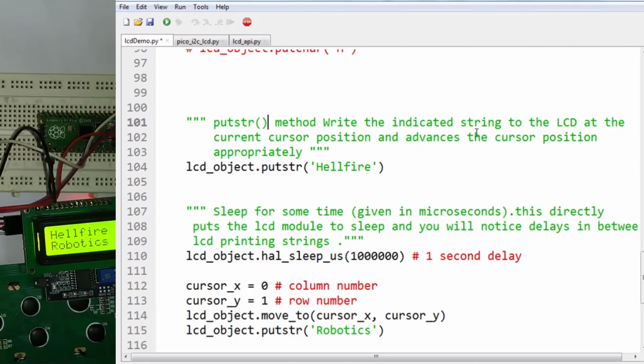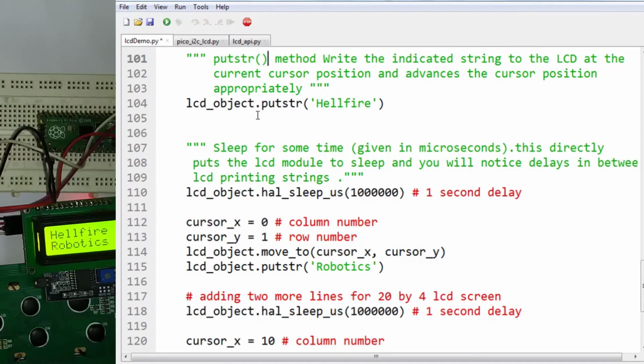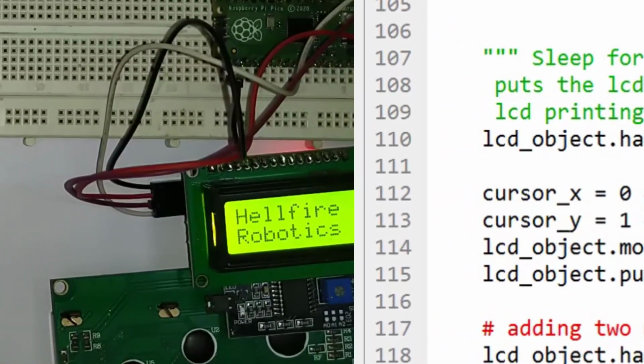It writes the indicated string to the LCD at the current cursor position and advances the cursor position appropriately. So I will use the put_str method on the LCD object. So here I am using LCD object dot put_str, and this is the string which I want to put at 0, 0. So as you can see, it is showing Hellfire.